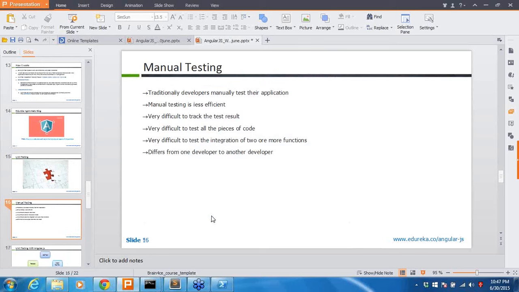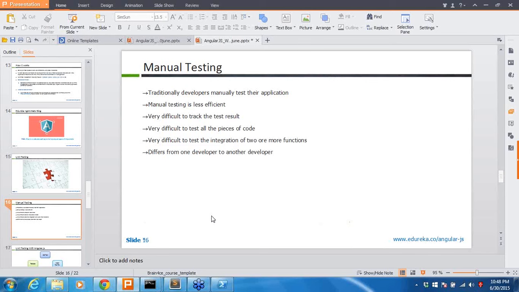Next one, unit testing. So what is unit testing? Whenever we build a web application, each and every developer has to write their own unit test cases. If you implement a particular functionality and only do manual testing, we may miss some functionalities, which causes errors. That is not at all good. Server-side developers write unit test cases for each and every function or method they implement. In the same way, since we are using an MVC framework on the client side too, here also we should be able to implement unit test cases in our applications.